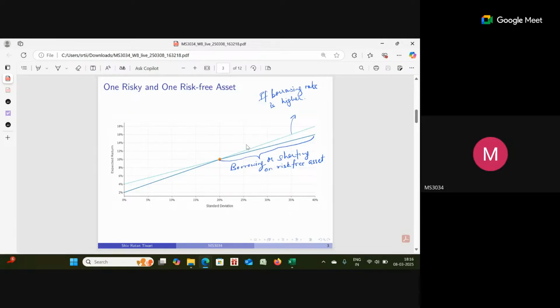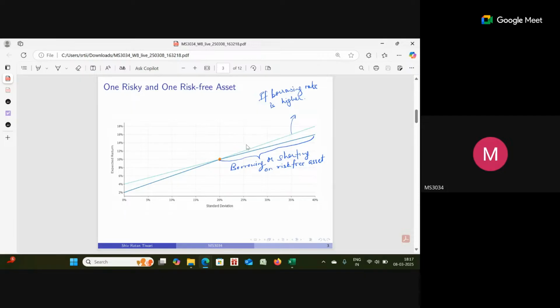So when you have only two options available to you, then this line, which we call the capital allocation line, defines all your investment options. Okay, now once you have this capital allocation line available to you,